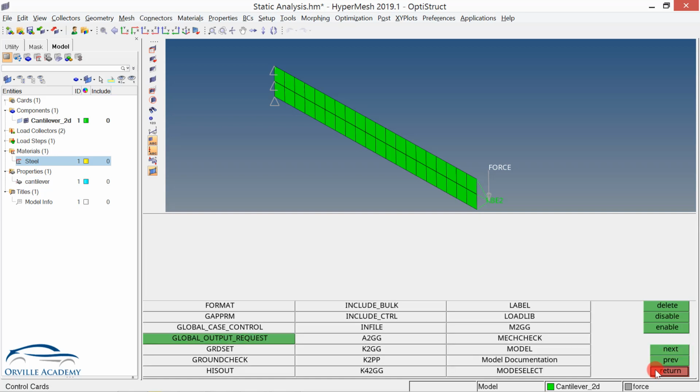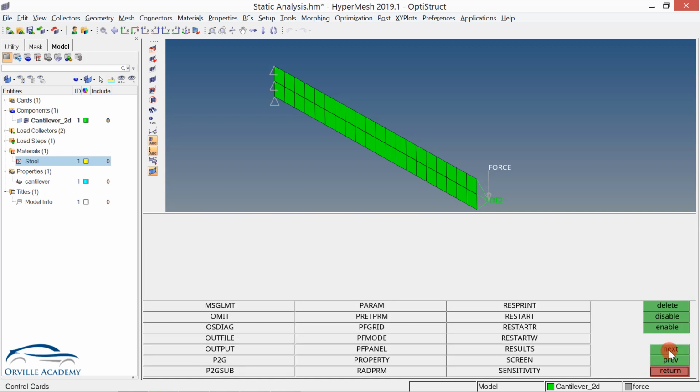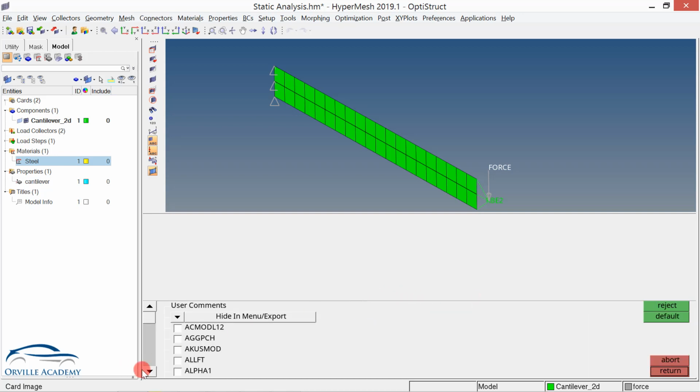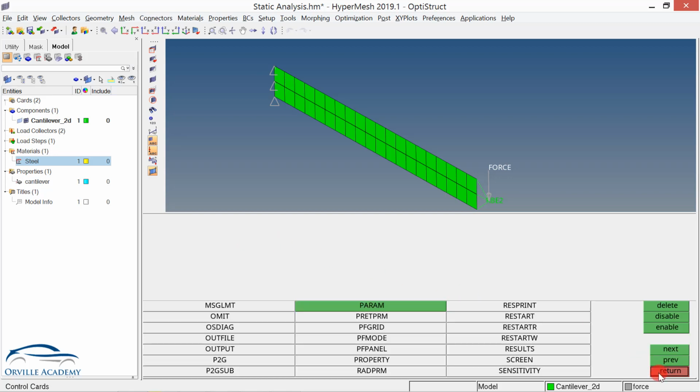Another card that you can change, or in companies we usually change, I will go for next page. Here I will go for param. Then here I will go for auto SPC. Now this auto SPC is a crazy thing. If auto SPC is switched on, and by default it is switched on, and if two components are not connected, then OptiStruct will automatically understand that these two components are not connected, and it will automatically create a rigid element between those two and solve the problem even if that is not correct. So here we have to tell OptiStruct not to use this auto SPC setting. If there is some problem, please tell me. Then let's go for return.